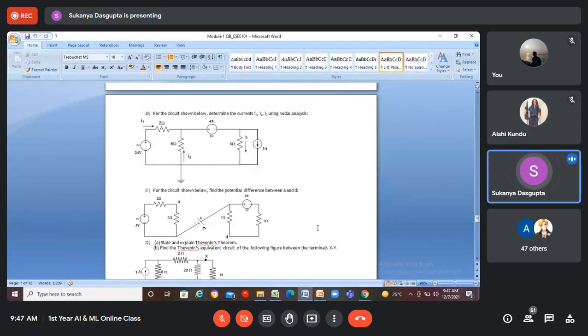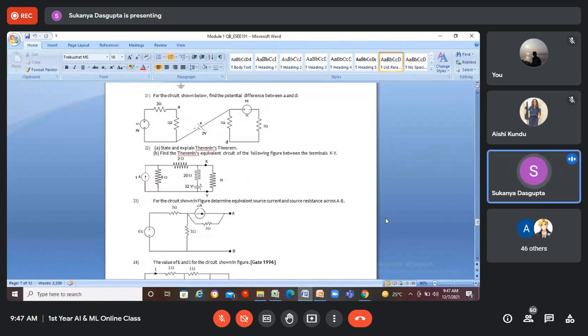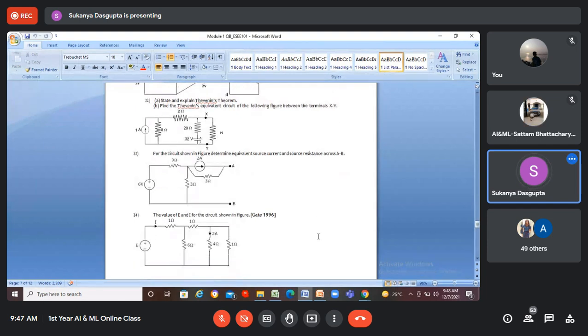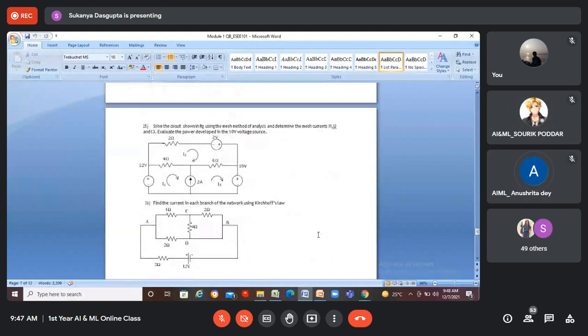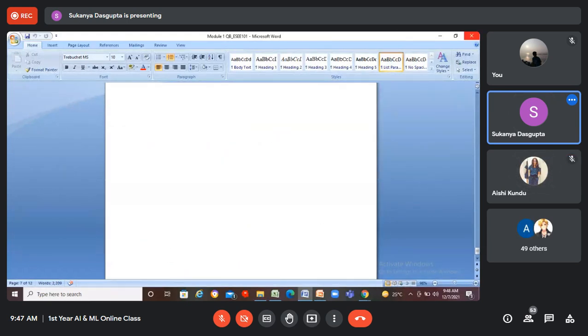Okay, then I'll do one thing. Can you show 22 and 26? Only there are two problems in that. You take the screenshot now, but what I will do later after this class, I'll make a PDF file of this question bank, and again I will resend the question bank to the classroom. Please let me know by tomorrow whether there is still a problem. Okay, ma'am. That will be very nice. Thank you, ma'am.